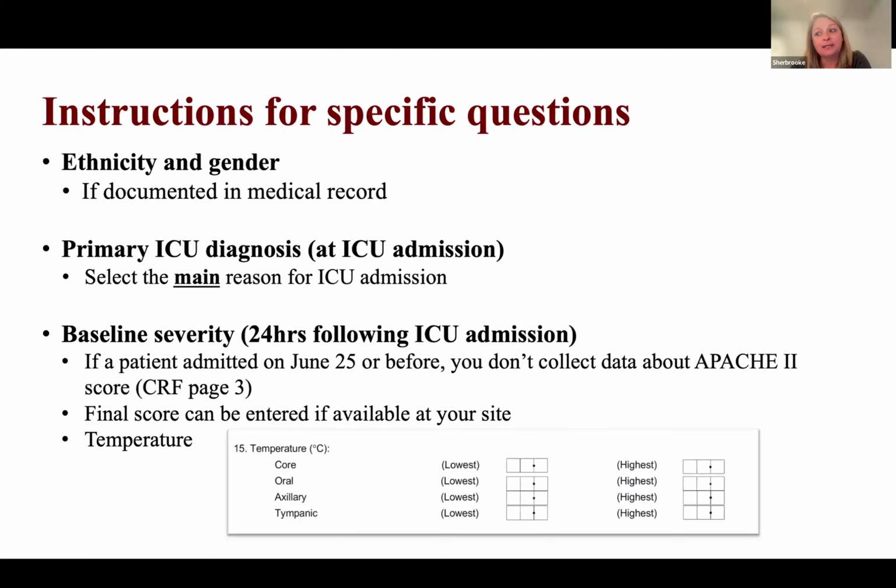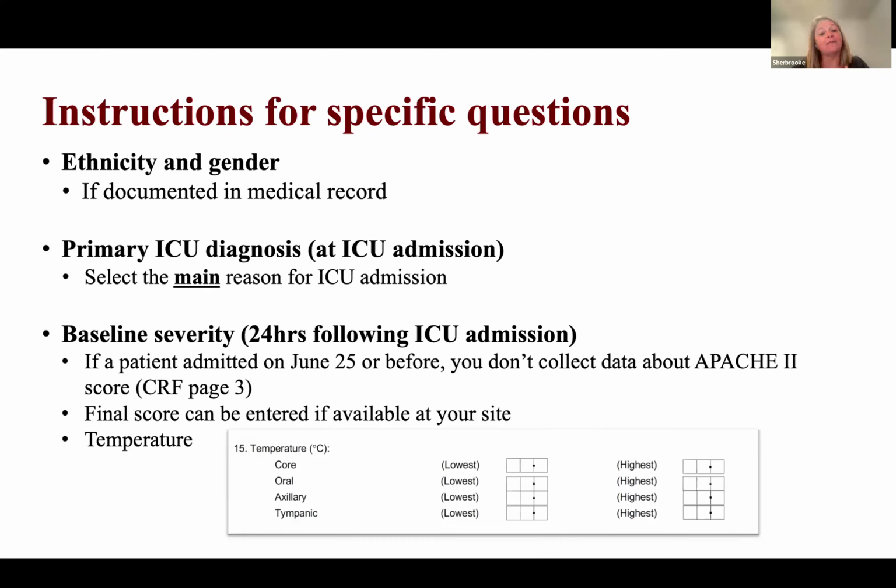So if your site has the APACHE score, the final APACHE score, that's fine. You will have this choice in the CRF. You won't have to enter each variable in this case. And so temperature. From the last version of the CRF, we added the option of tympanic temperature. And one specific instruction is that if you have different temperature types within this 24 hours, we ask you